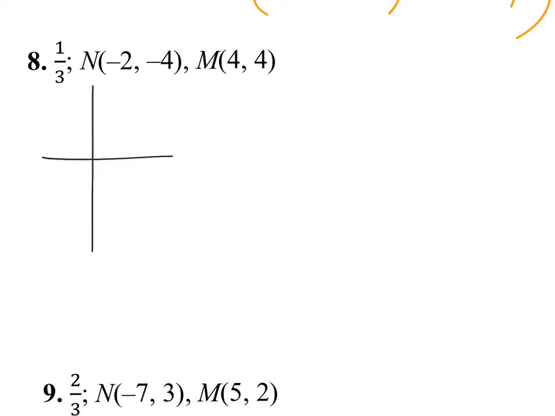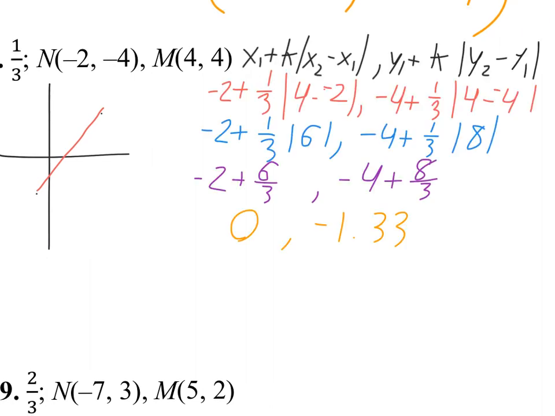(-2, -4) puts us down there-ish. (4, 4) puts us there-ish. Now, folks, take a look. Between those 2 points, we basically have a positive slope, which means we will use our initial equation without any alterations to it. So, once more, folks, here in black, we have our initial equation of our initial x plus